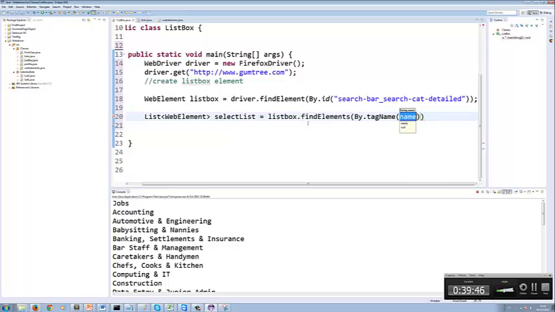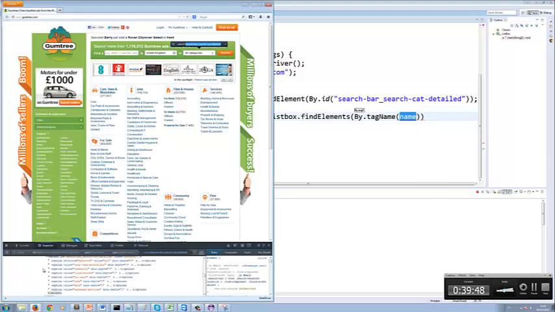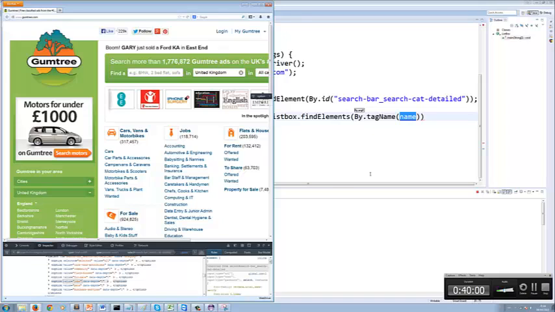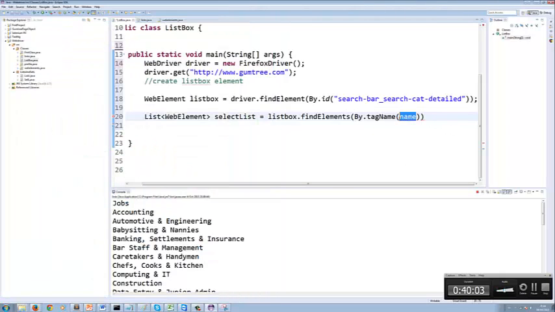What is the tag name which we saw here? Can you see this? Is it visible? It's option actually. It is very small. I can't zoom this because it is code. It is option, OPTION. The tag name is option. That's it. If you want to print the list, the same